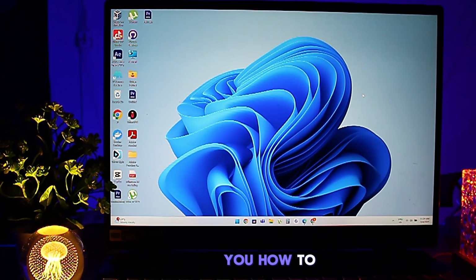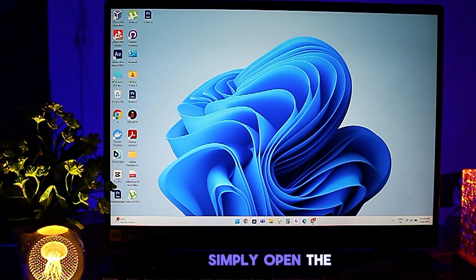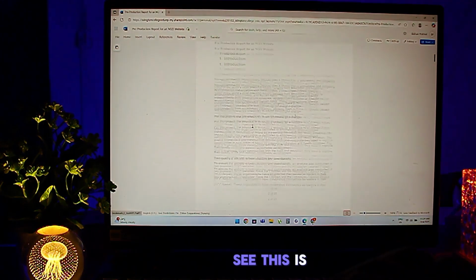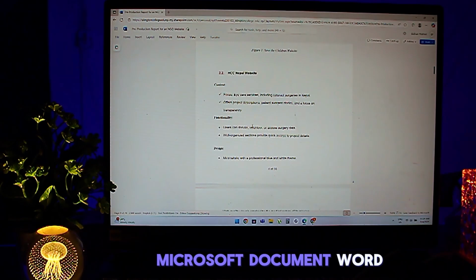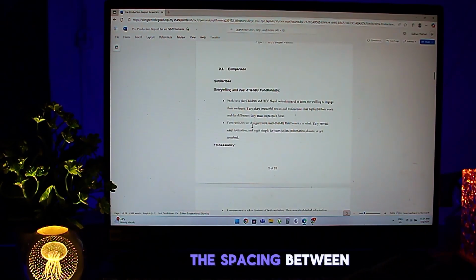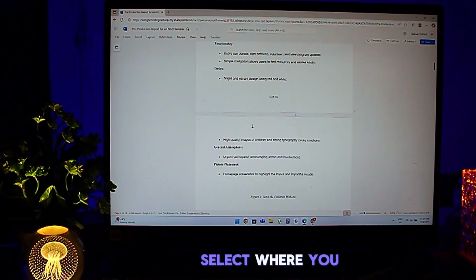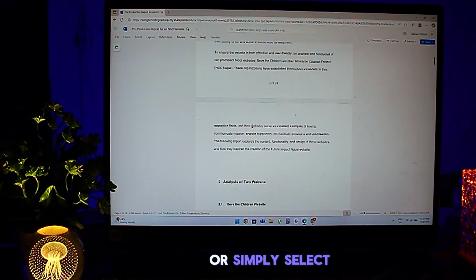Today I'll show you how to fix spacing between words in Microsoft Word. Simply open Microsoft Word at first. As you can see, this is my Microsoft Word document. Now to fix the spacing between them, simply select where you want to update the spacing, or simply select all